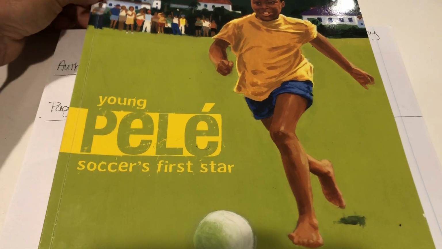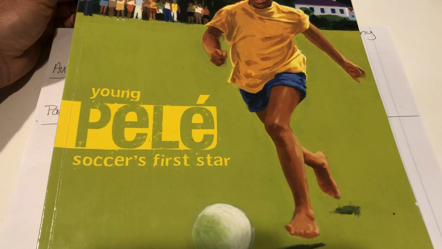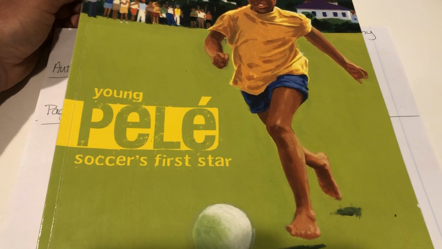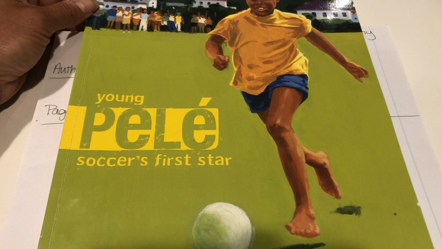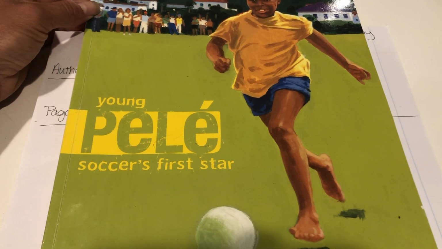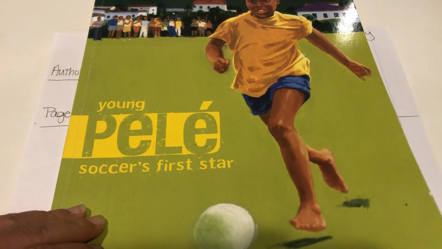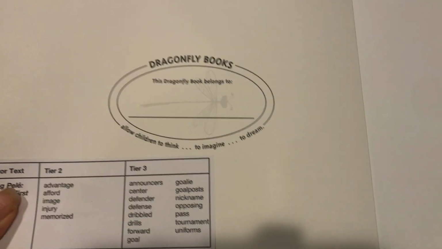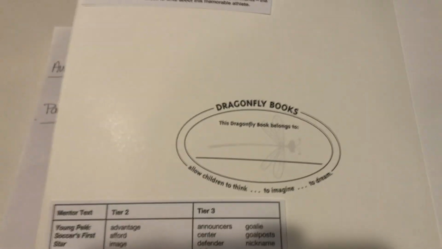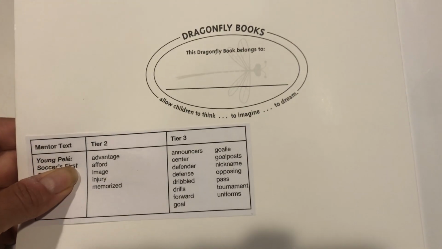But this book actually goes through his life as a young boy. So before we knew him as Pele, his name was Edson. So I want you to just kind of think about what you already know about him, if you know anything, and activate your background knowledge. We're going to be reading this nonfiction biography text. I'm going to read some of it today. And I'm just going to give you a quick blurb of what the text is about. I know you can't see, but you can just listen.